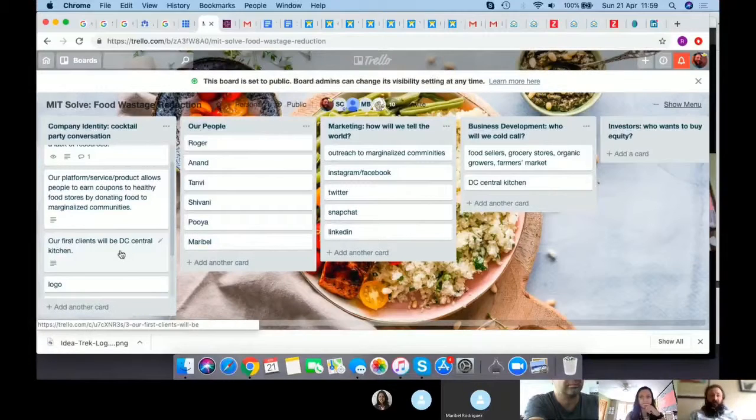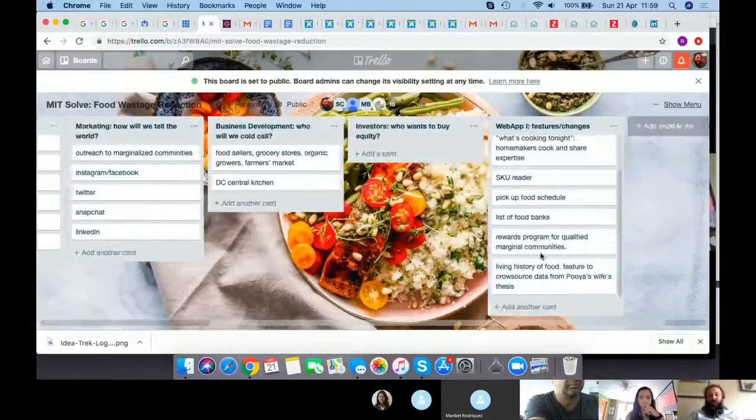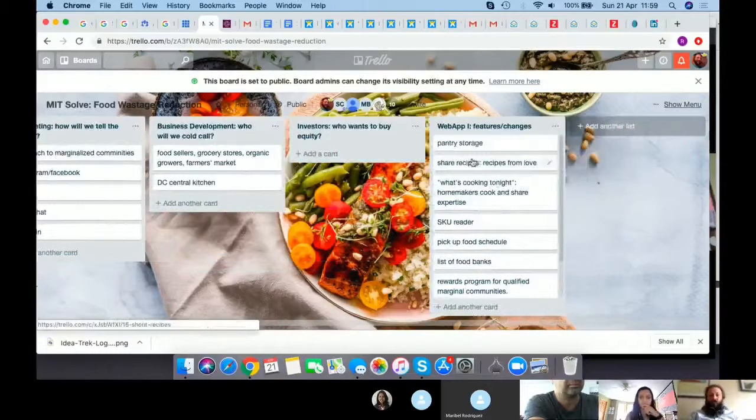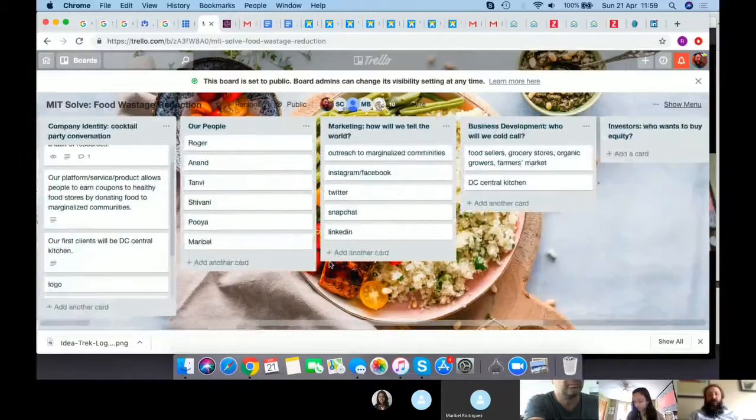So if we can get them on board, we'll learn a lot about the challenges they're facing, which goes to all this other stuff: the pantry storage, reading the SKUs, picking up the food, the listing of food banks. We'll find out which of those are priorities and which would be most helpful to the DC Central Kitchen. Whatever they need, we basically build for them and deliver that solution to them,